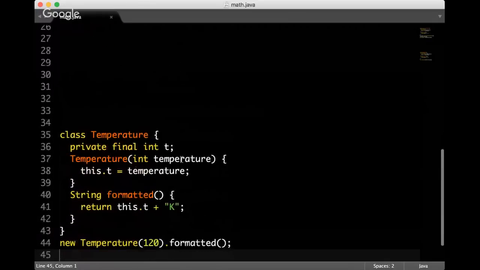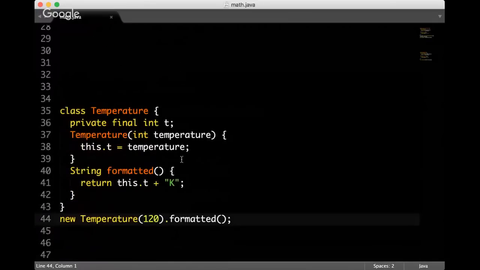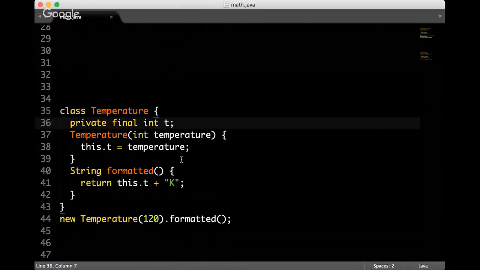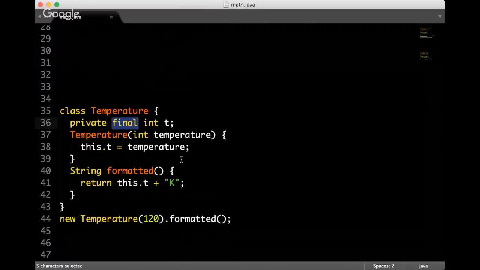The immutable code is much more elegant, much shorter, usually much safer. So the really immutable code would look like that. There would be the temperature as a class, and there's going to be the final attribute inside, which is provided through the constructor. It's encapsulated. It's never changeable. Nobody can touch that.